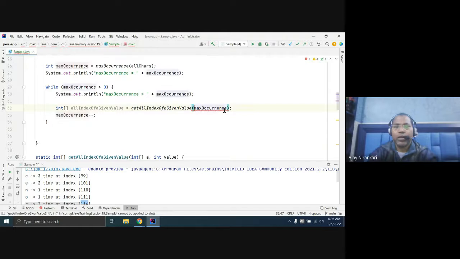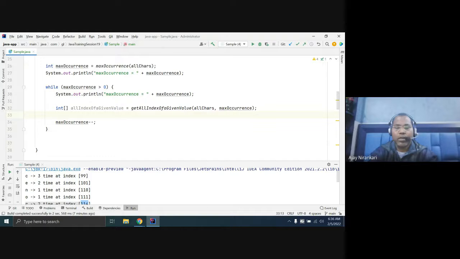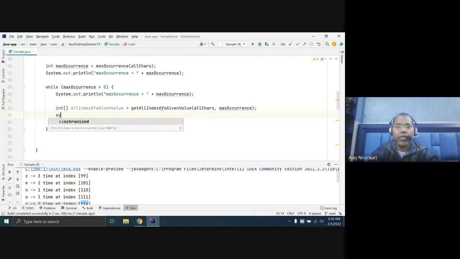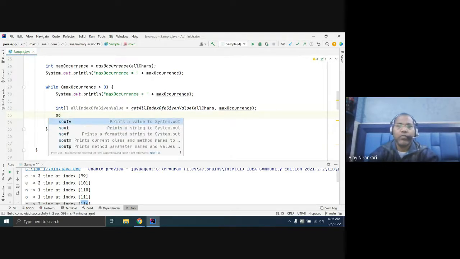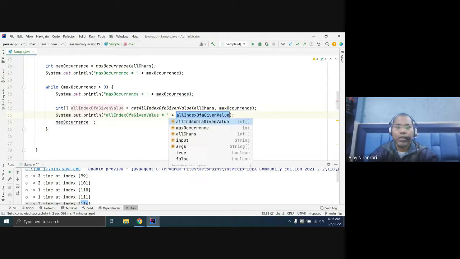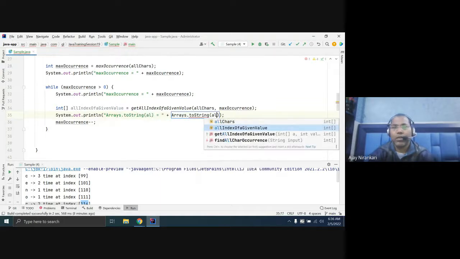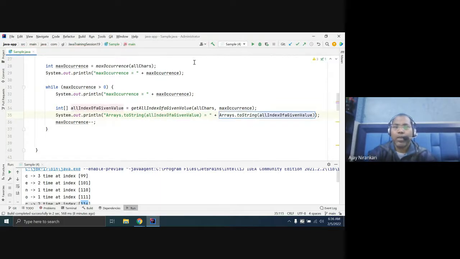You pass the array as well as which array you need, and use system out print to check whether the value we expect is being returned or not. System out v and Arrays dot toString. And if you run it,